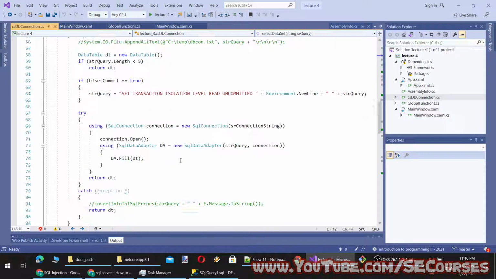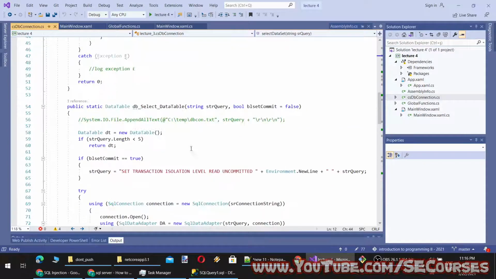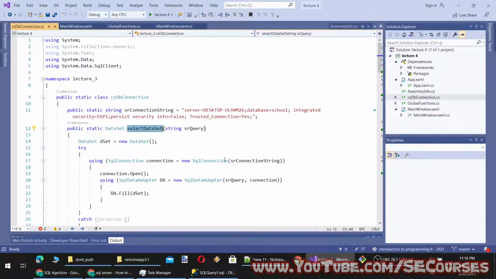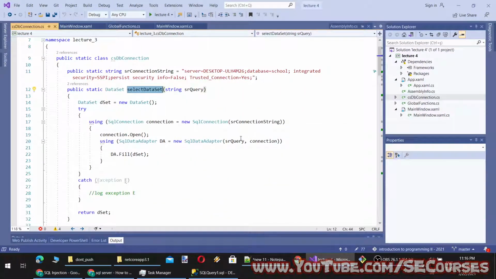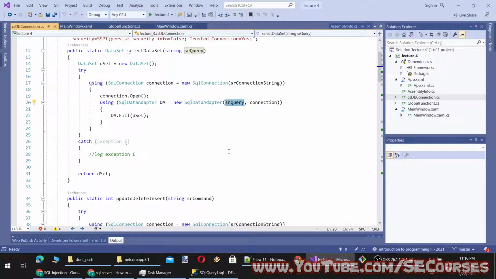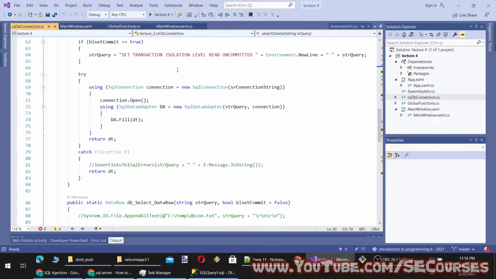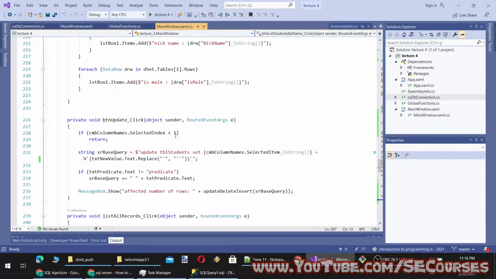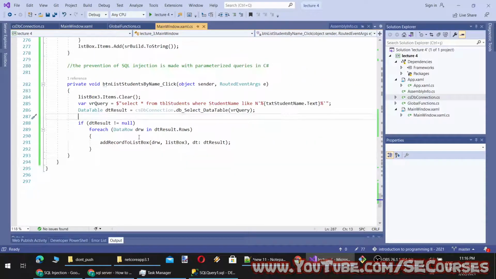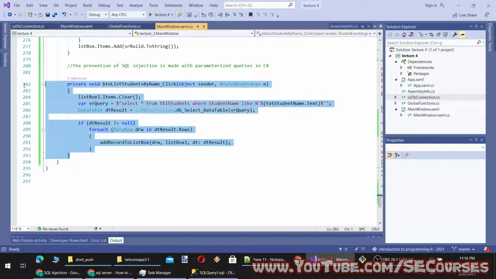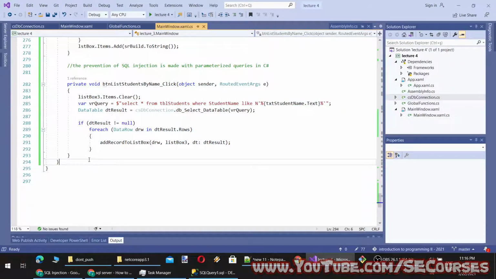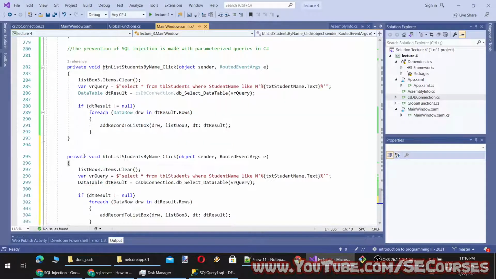All of these methods we have written so far directly execute the query. Therefore, all of them are vulnerable to SQL injection attack.